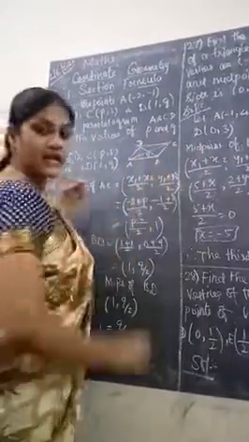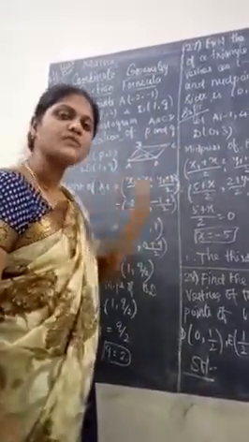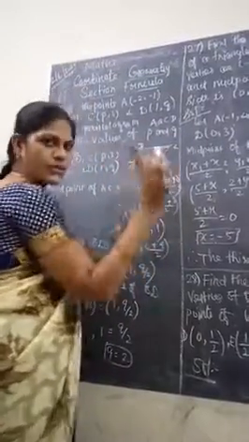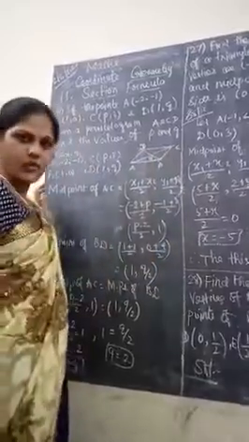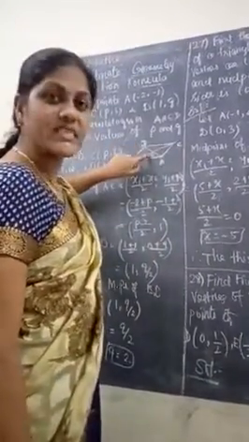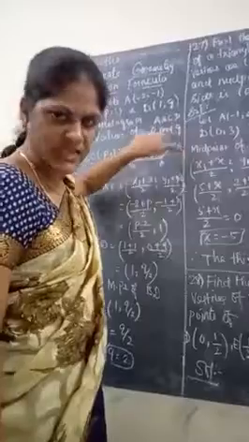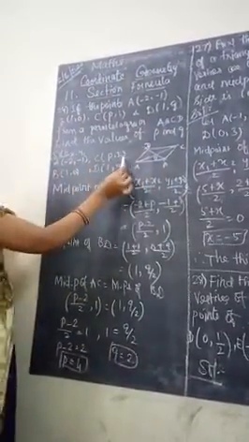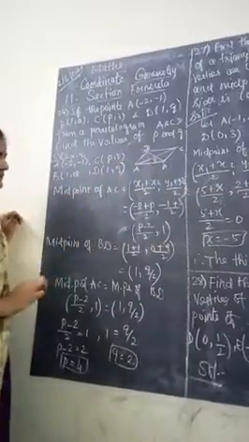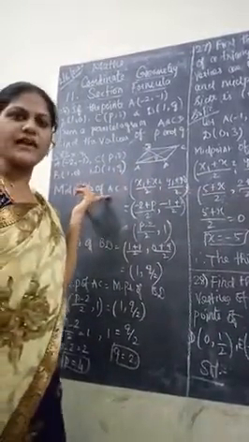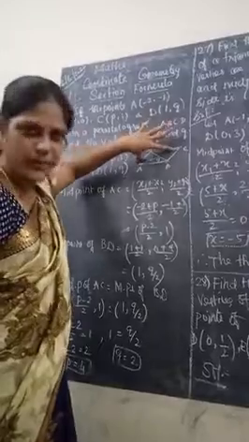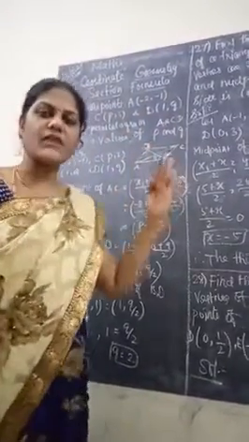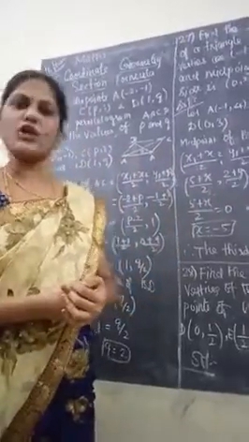What's the condition for a parallelogram? Opposite sides and opposite angles are equal. AC is one diagonal, BD is the other. Here O is the midpoint of both. First we need to find the midpoint of AC. Next we need to find the midpoint of BD. Then equate the two midpoints, and we will get the values of P and Q.